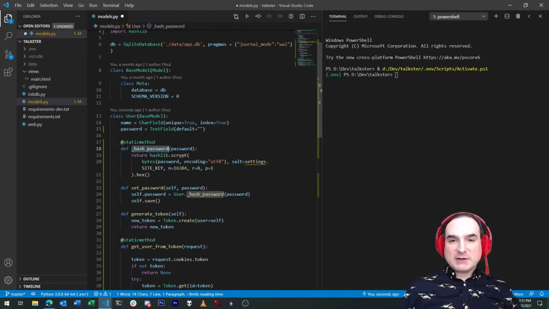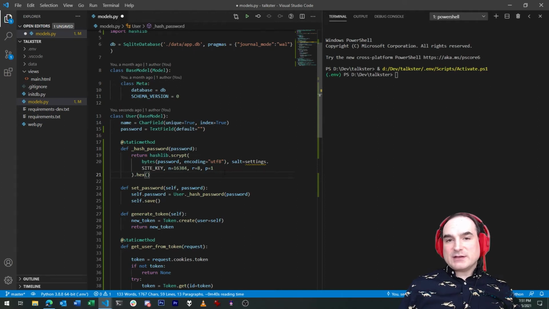We transform it cryptographically using a key that is kept secret and unique to our site. Python standard library has the hashlib module for creating cryptographic hashes, and hashlib has the scrypt method specifically for hashing passwords securely. So we will use that to create one-way hashes for our passwords in our database.